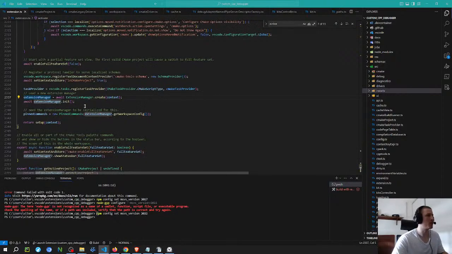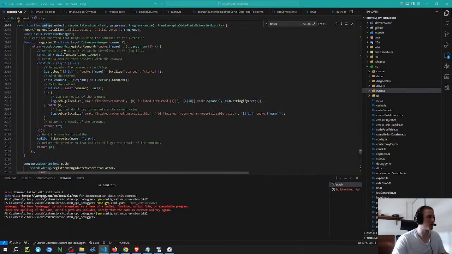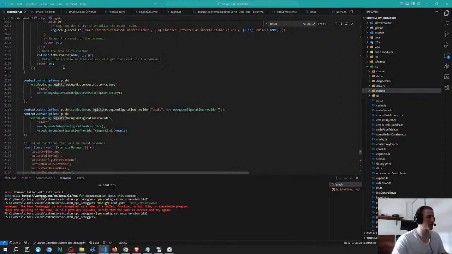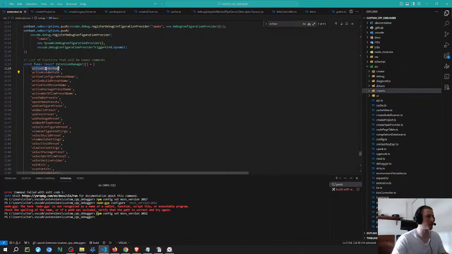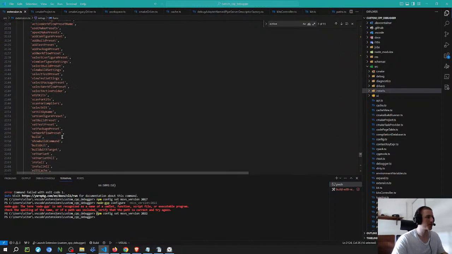Yeah, so I think the main one is the setup function here, passing the context. This one is going to have a generic register function, and then they have all these commands here. So they use the CMake keyword to make all the function calls unique. So they pass all the functions that they're going to register on VS Code through the register command through here, and